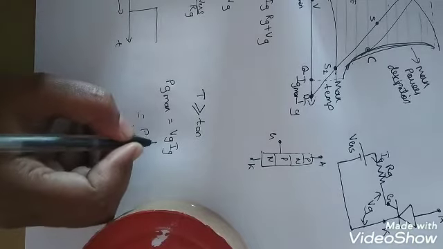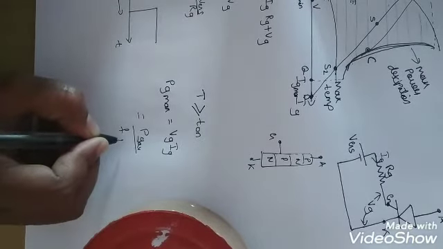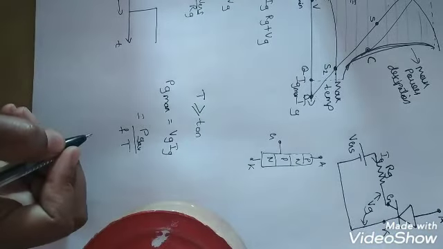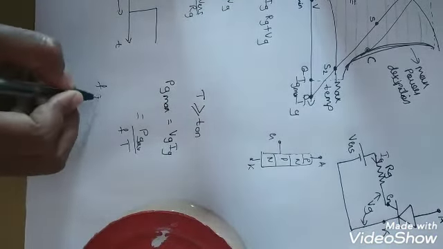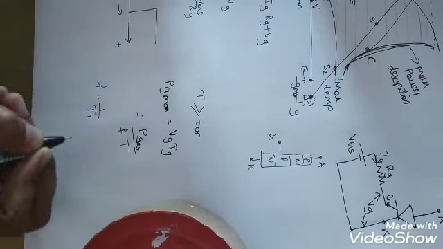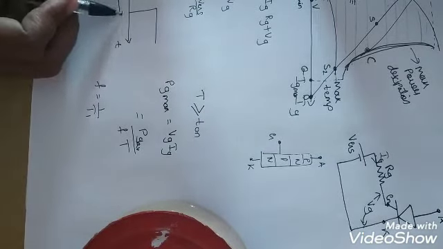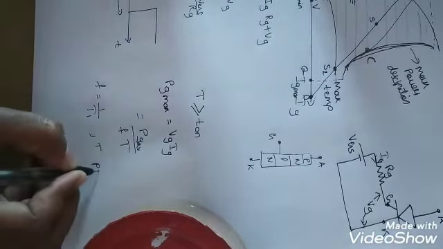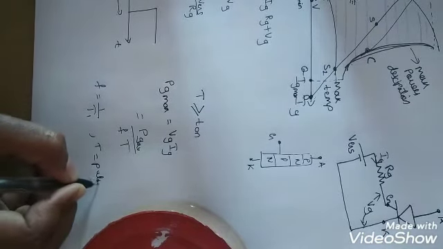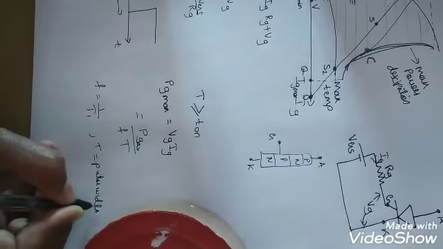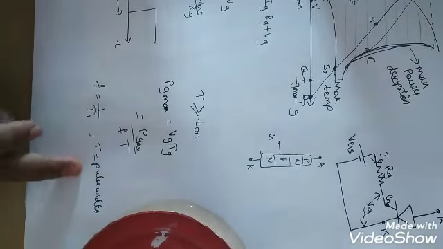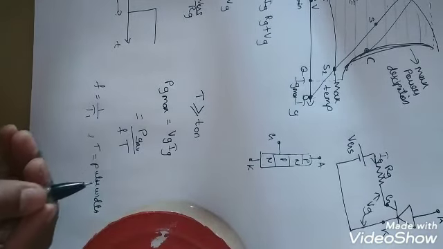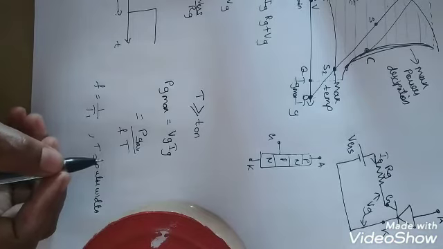So if I am taking PG average, then I need to use the frequency as well as the pulse width, where F is nothing but 1 by T1. That is the total time period, the one cycle time period, and T is the pulse width. If I want to take an average value, then I have to use the frequency as well as the pulse width of the particular pulse.